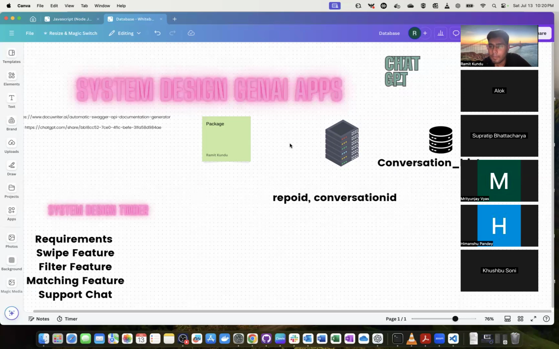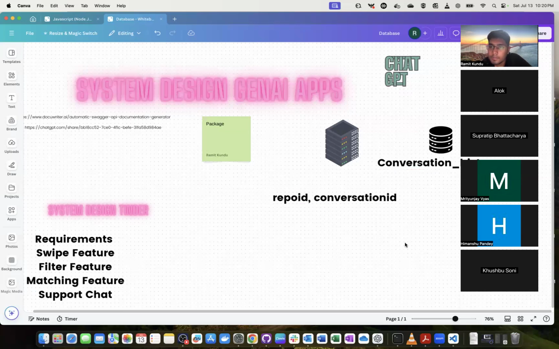One thing I wanted to ask is, suppose we keep the conversation history. In that case, what will be your key? Like we will keep the key as the prompt. I'm assuming that the key is the conversation ID. Yeah, conversation ID. So one optimization I could think of is,